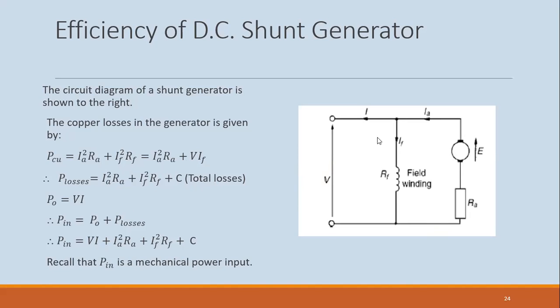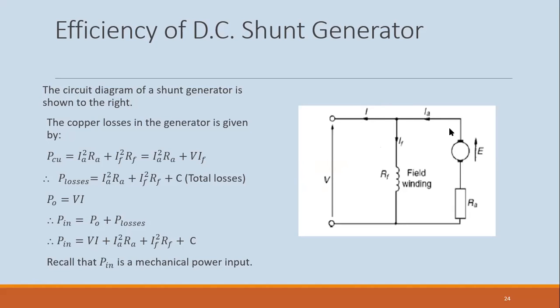Since this is a generator, the output power would be the current. So this is a DC machine now, right? So don't make the mistake of multiplying by a cos theta here for a DC machine. I've seen that from time to time. Rarely, but I've seen it. So your output power now will be V times I,